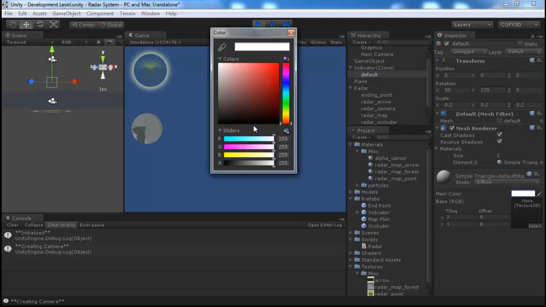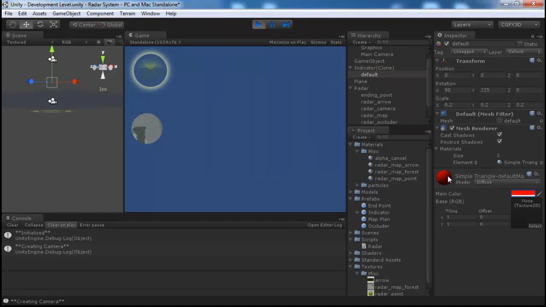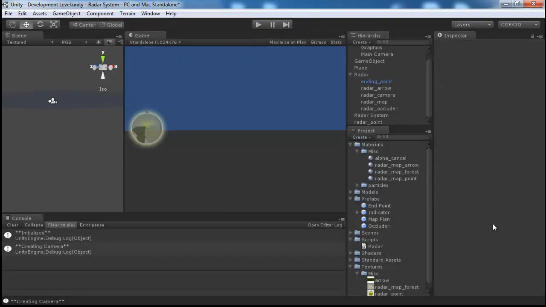Let's change the color to something like, I don't know, maybe that. Okay, so now the culling mask and the arrow and